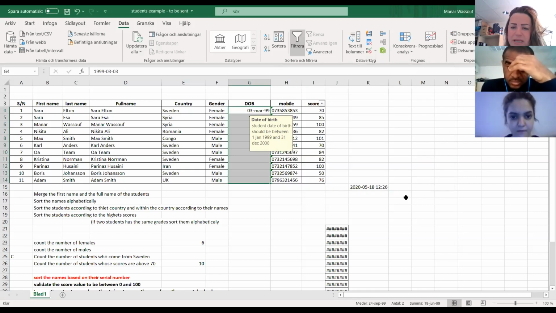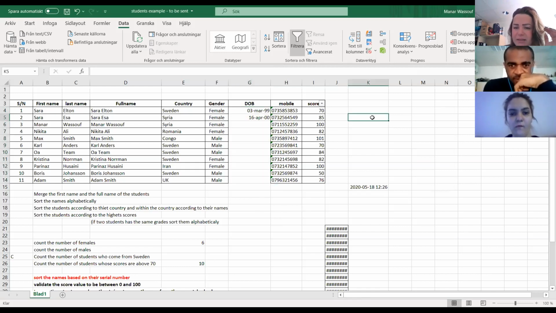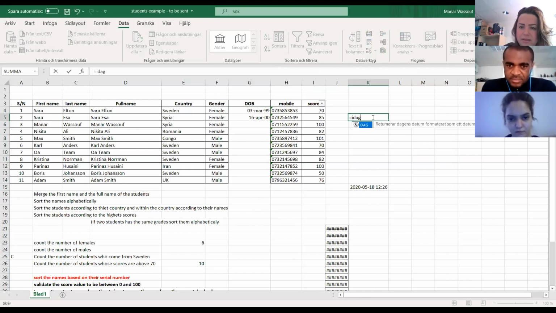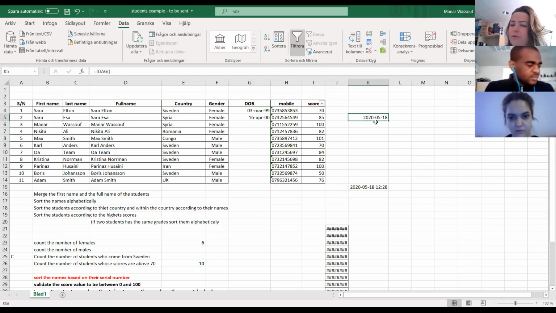First, I will show you a function that gives you the date of today. Here, choose any cell, and you can write equal to today or idag. That's it. So it will give you 18 of May 2020.